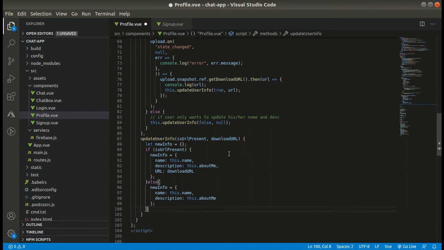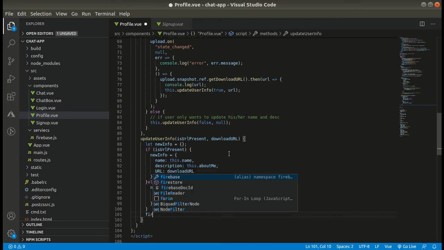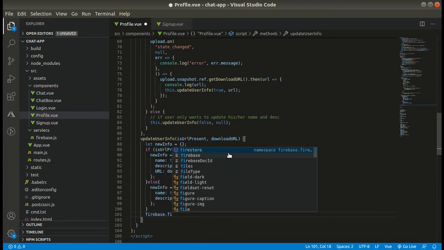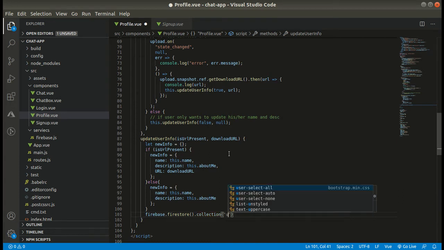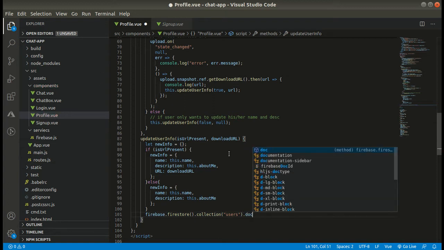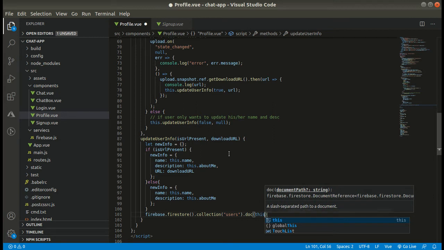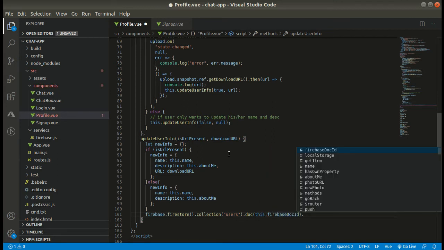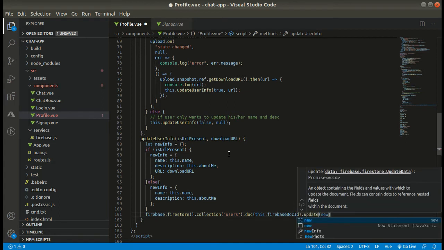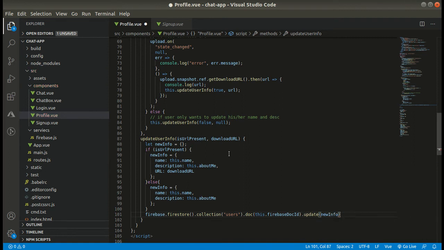If the URL is present, then we have a separate object, and if it is not present, then we have a different object. And what we have to do is run an update query. So firebase.firestore.collection, name of your collection, dot doc, because we cannot update in just any document, we have to only update the corresponding user's document. Then update, with the new object that we want to give, and obviously we will be getting a response here also. Once we get a positive response, we will simply update our local storage also. Okay, so cool.